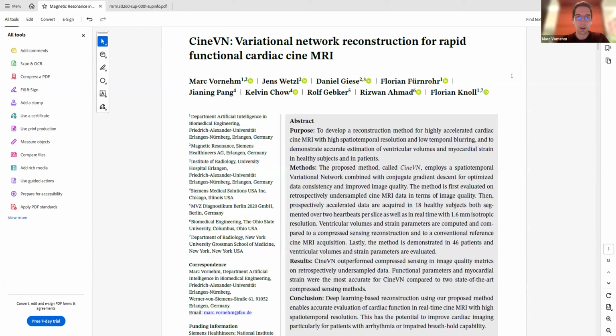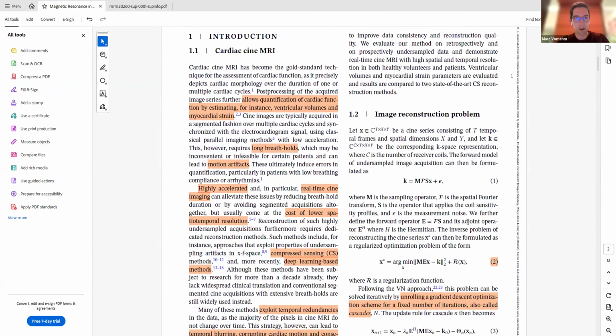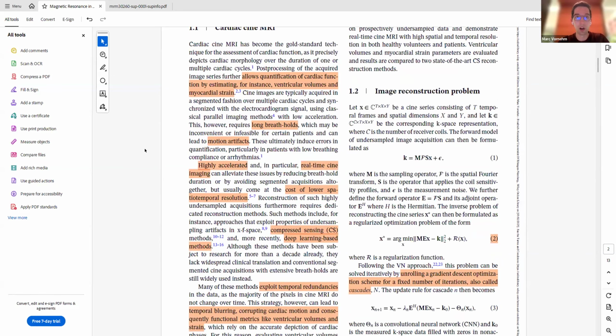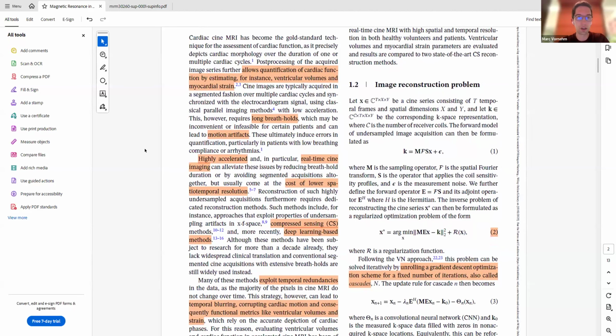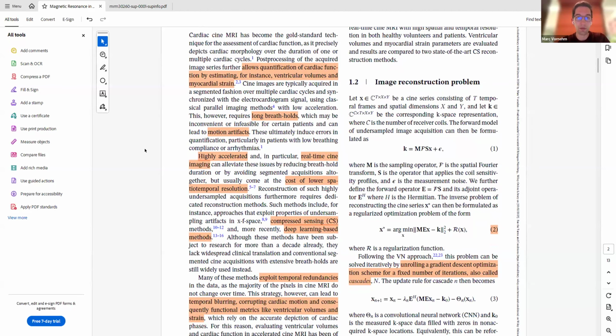So as you all know, we very routinely do cine imaging in order to get a lot of quantitative metrics, ventricular volumes, myocardial strain, and commonly these require long breath holds, and this can lead to motion artifacts or is even infeasible for a lot of patients, as you all know. So there's always the aim of accelerating cine imaging up to real-time cine imaging, which has seen a lot of improvement, a lot of research over the last decade, you could even say, but usually at the cost of lower